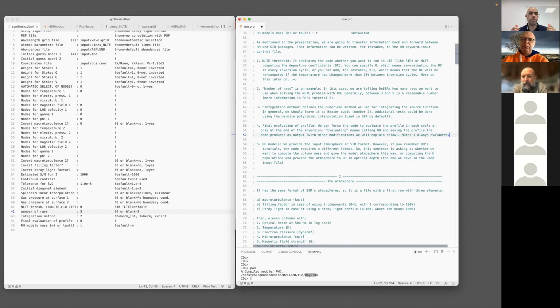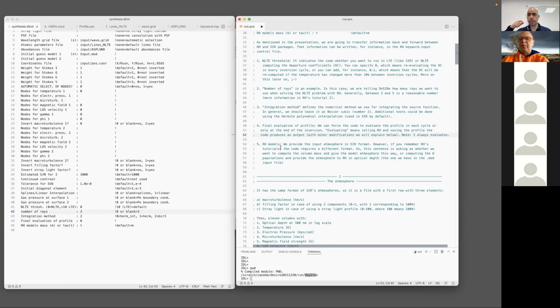For example, imagine that you said, I want to check the difference between 3 nodes in temperature and 5, because maybe 3 could be better. So then you put there 1, and then you compare the profiles and the results from both cycles. In the other option, you save some time, but you don't have all the information. Okay. And the final one is